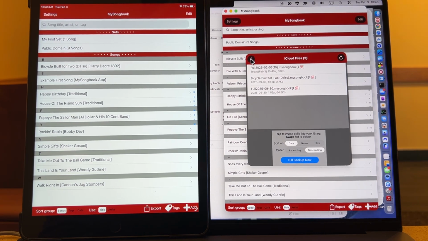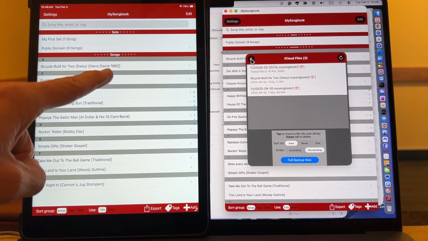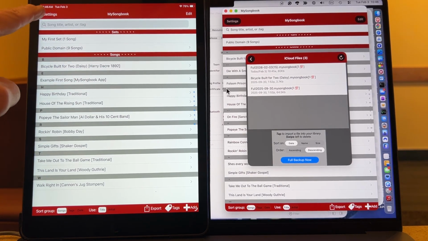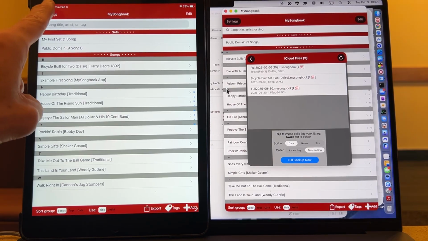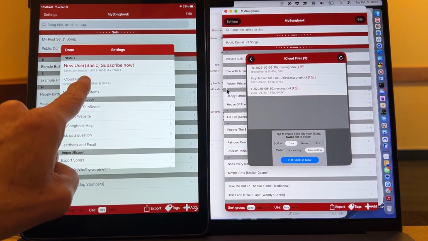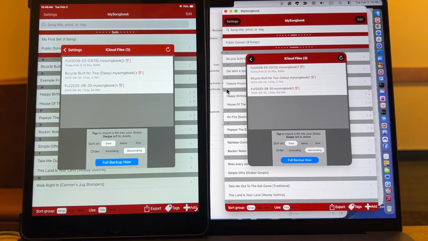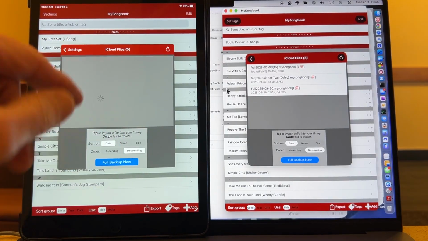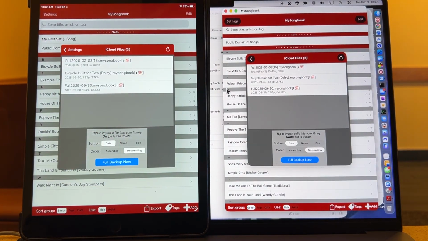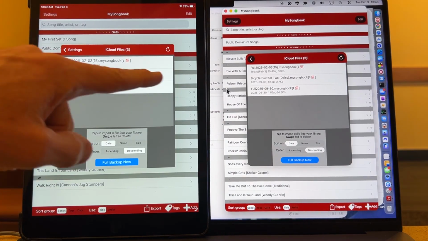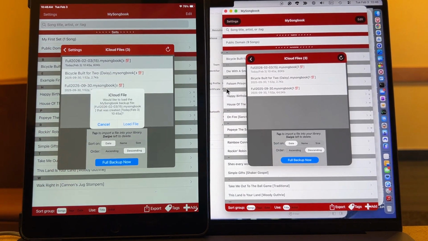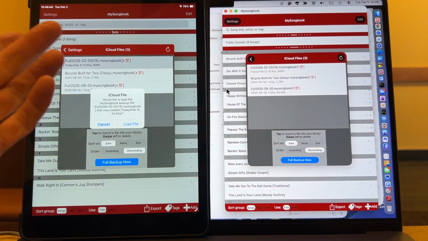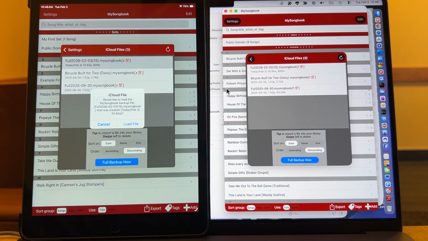Now I'm going to go over to the iPad, and we'll look at this. So I'll go over here and tap on settings, iCloud files. Now, it's reading this from the internet, so you have to be connected, and if not, you can always hit the refresh to try to get it to go read them again. And sometimes there's lag with Apple in terms of what it does. But here's that full backup, and here you can just simply tap on it, and you can load it just like you would